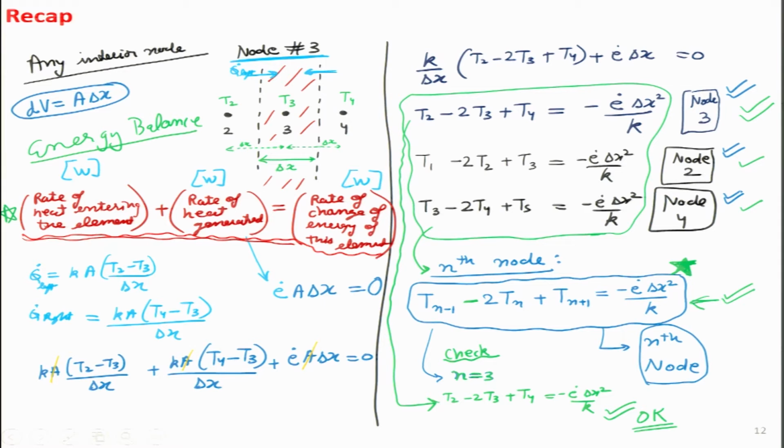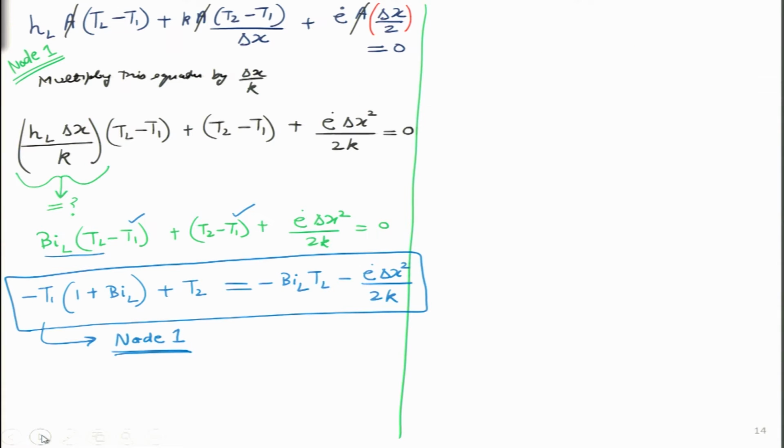So, we add to that node 1 as well, which means we have figured out the equations from node 1 to node 4. So, please again we will go ahead and remind ourselves why we are doing all these calculations: it is to figure out, under steady state, in this particular wall of a certain length having these properties, with hot air on one side and hot air on the other side, what the final temperature profile would look like. If we were solving it analytically, we would have found the solution T(x) equals an expression on the right hand side. If it is a linear slope, the expression would be simply a first order function of x. If it is a parabolic curve, it would be a second order function of x.